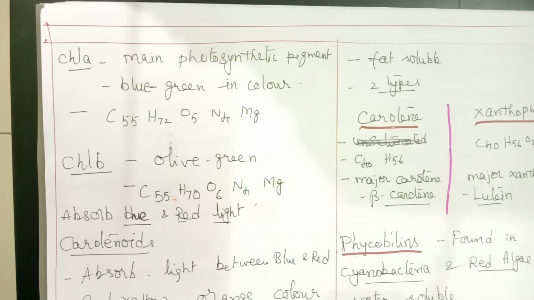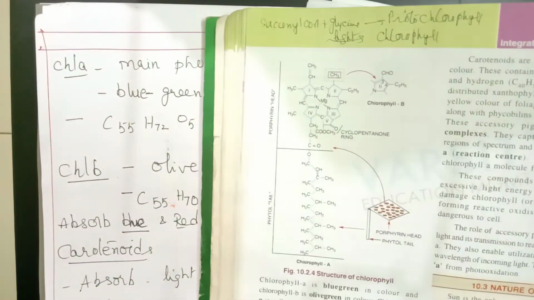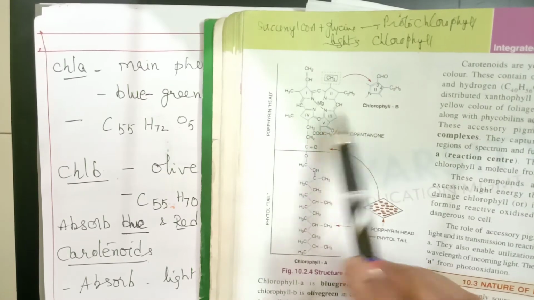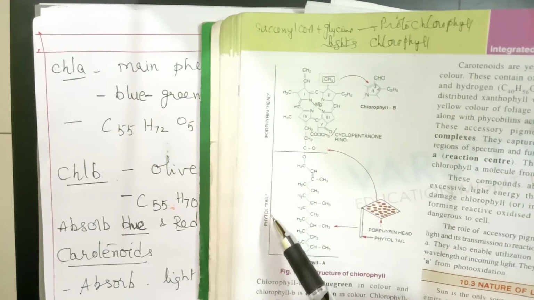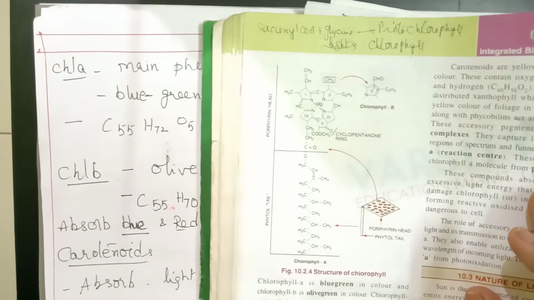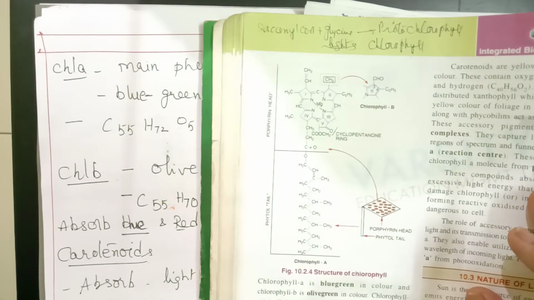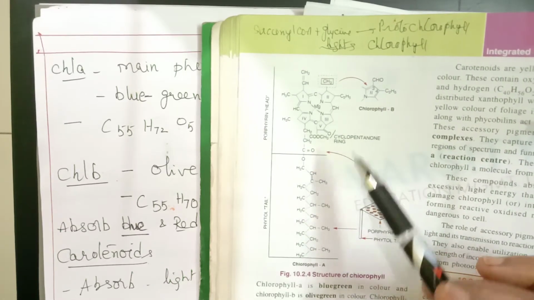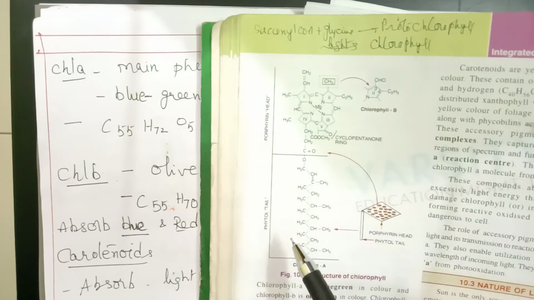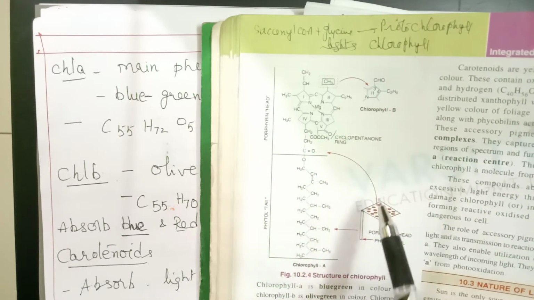A chlorophyll mainly consists of two parts. A chlorophyll has two parts. I will just show this in this diagram. Structure of chlorophyll we can find. It has a porphyrin head and a phytol tail. Porphyrin head portion and a phytol tail. Just try to understand, children, the structure. You actually don't need to draw it. Even if it is a board exam, you are not expected to draw it. Just simply the structural features you have to remember, and what is the difference between chlorophyll A and B also.